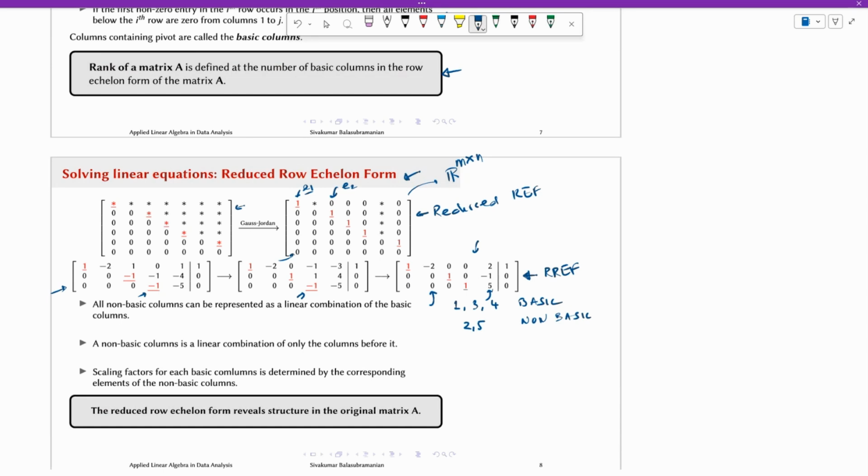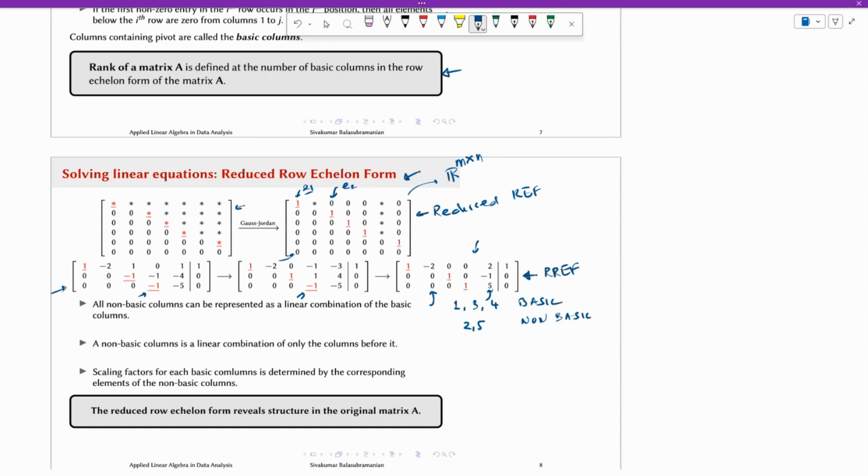Not minus. No. Why minus? So it's 2 times the first basic column minus 1 times the second basic column, 5 times the third basic column. Right. So that's essentially what the reduced row echelon form reveals. It tells you that the non-basic columns are linear combinations of the basic columns. And whenever you have a non-basic column,